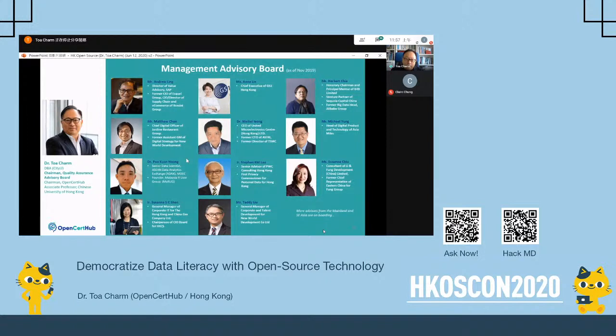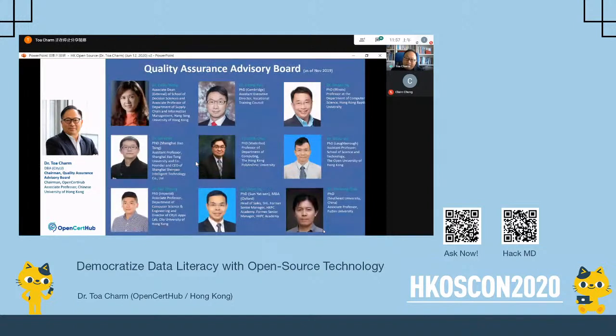They want to prove themselves in terms of big data and AI, how good they are under the open source environment. So that's why we need a lot of advisors from the industry. So we set up the management advisory board with all these familiar faces. You probably know them: CIO, CEO, chairman, president of professional associations, so on and so forth, across China and also Hong Kong, Southeast Asia. We also set up, because we are examination and certification body, so we need to make sure that our quality assurance is up to standard and sustain the standard as well.